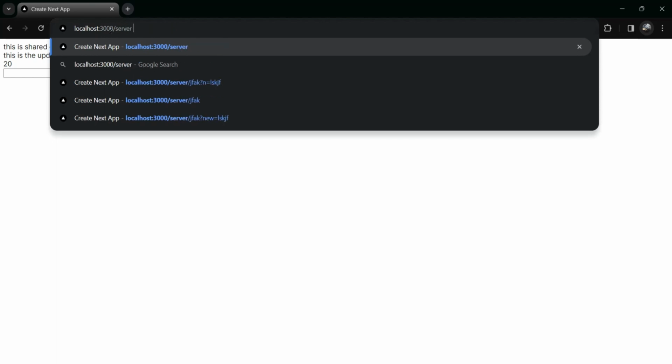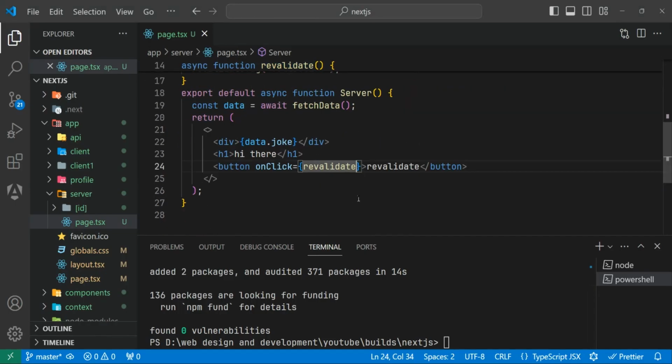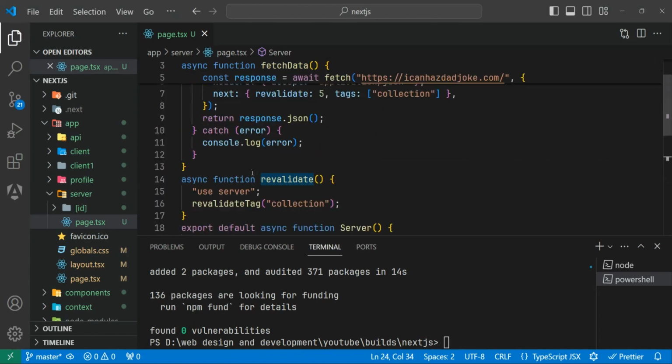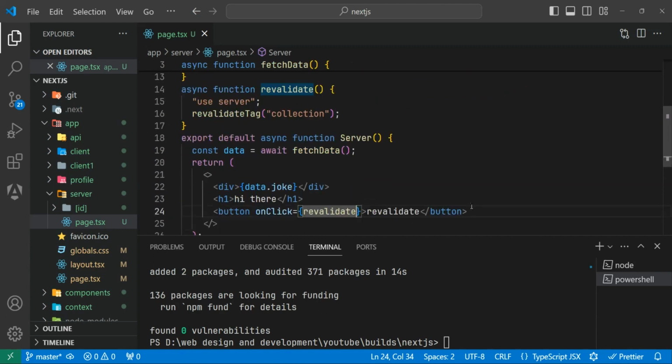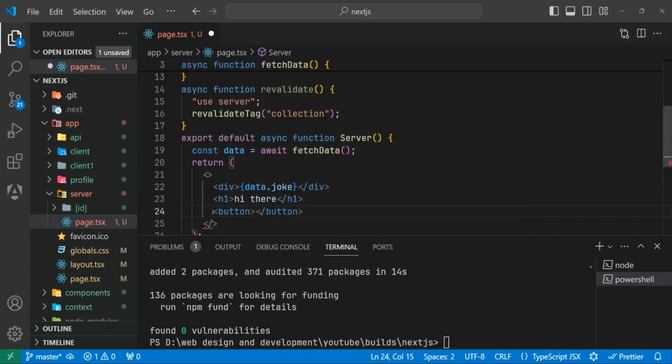Let's go to server, and when I click this, it will not do anything because I didn't specify any action. I have created a button, but it doesn't work in this way in server components. So I will delete this. Let's add a button again, and let's say revalidate, but this time I will set the type to submit,